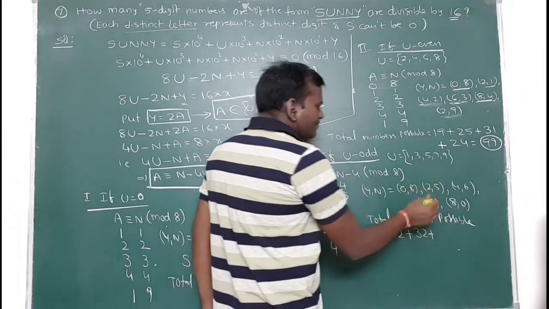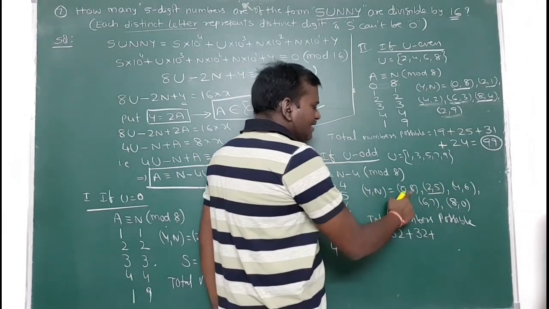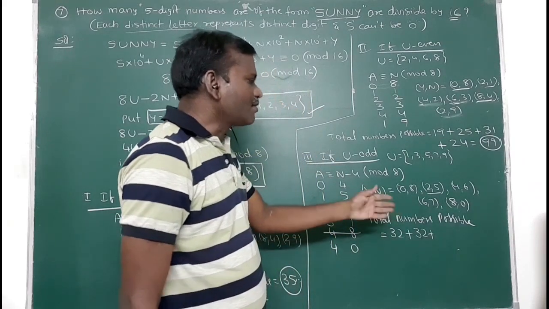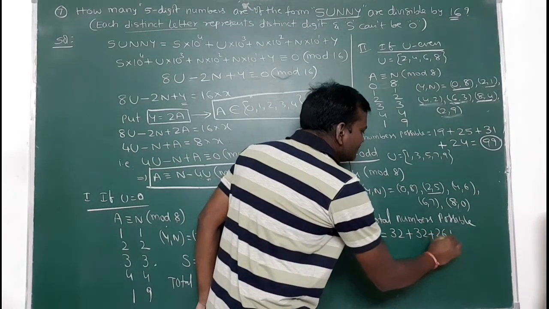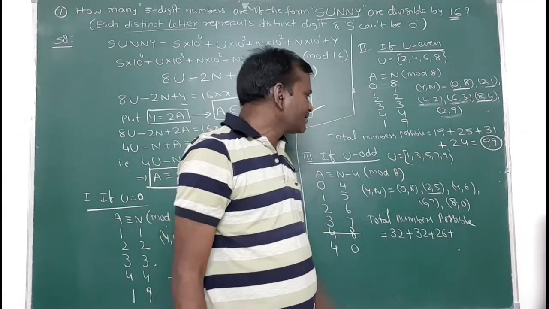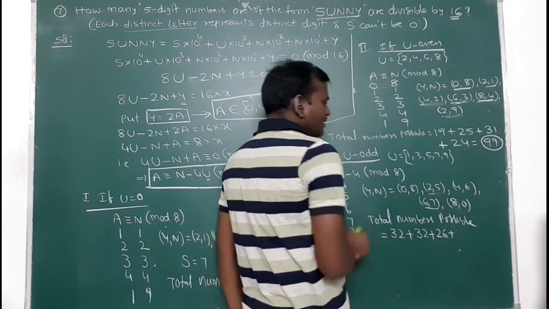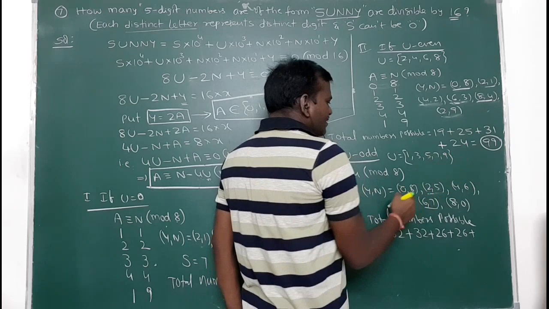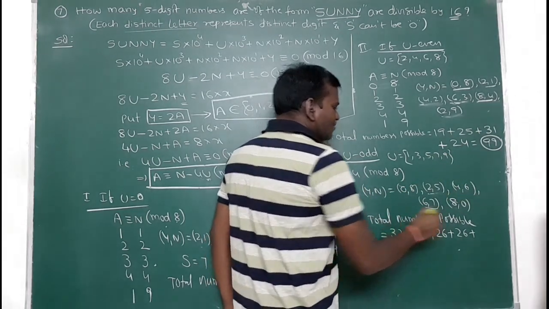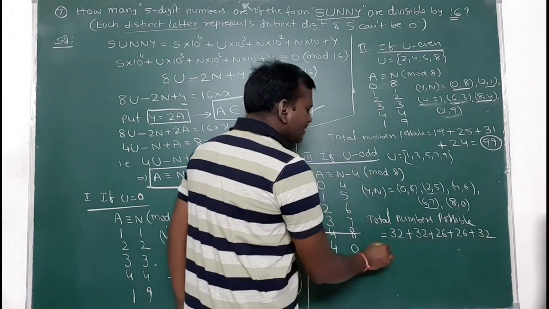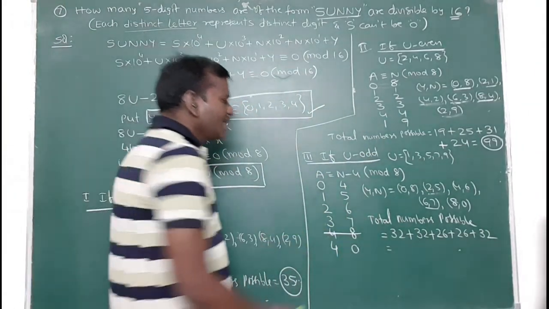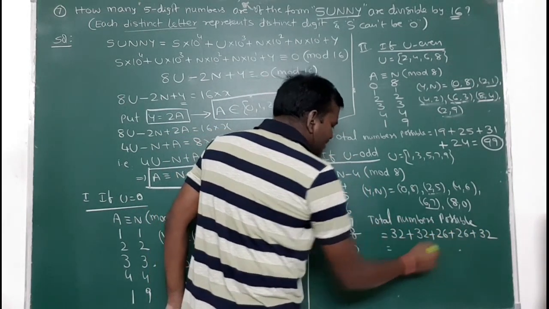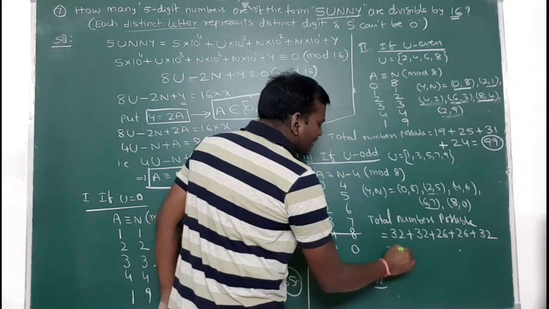If u is equal to 5, this is not useful here. So 7, 6, 6, 7. That means 14 plus 12, 26 possibilities are there. If u is equal to 7, then this is not useful here. So again I will get the 26 possibilities. If u is equal to 9, again all are possible here. So 32 numbers are possible. So in total overall 32, 32, 32 is 96 and 26 and 26 is 52. That means total I am getting 148.